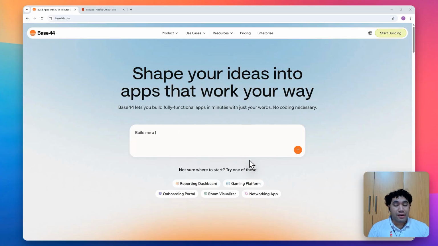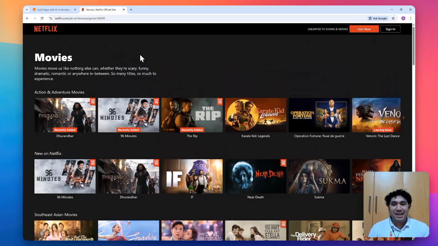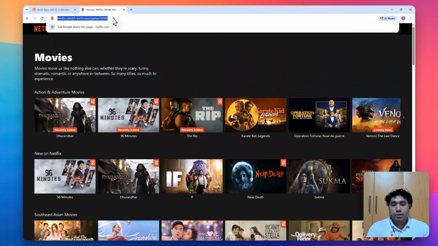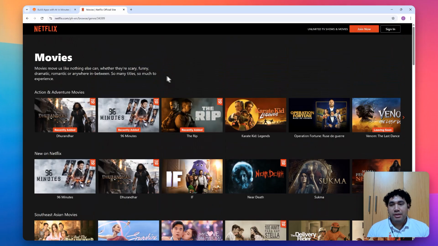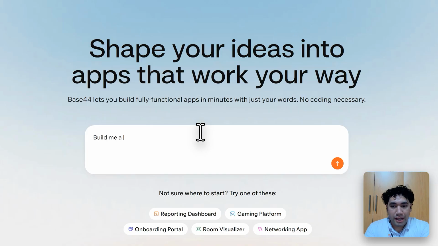So now we're in a fresh base44, because this time, instead of copying a template, we're going to try copying a website design. And this design is Netflix, a well-known movie browsing application. We're going to try copying the design and editing it to our own desire. So let's see. Let's try typing a simple prompt. All you have to do is copy the URL, and let's say, can you copy the design of Netflix's browsing page